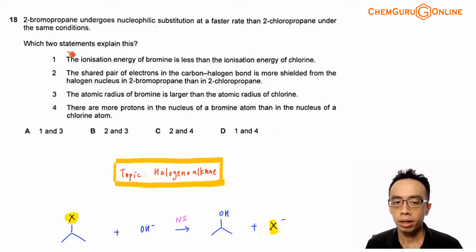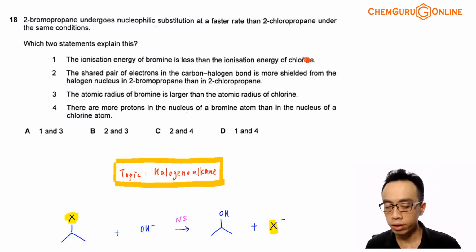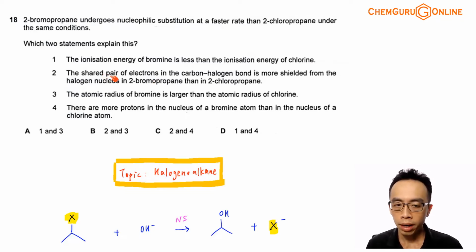Statement number 1, the ionization energy of bromine is less than the ionization energy of chlorine. Statement 2, the shared pair of electrons in the carbon-halogen bond is more shielded from the halogen nucleus in 2-bromopropane than in 2-chloropropane. Statement 3, the atomic radius of bromine is larger than the atomic radius of chlorine. And finally, statement 4, there are more protons in the nucleus of a bromine atom than in the nucleus of a chlorine atom. And we're given four options A, B, C, D, so we will have to decide which is